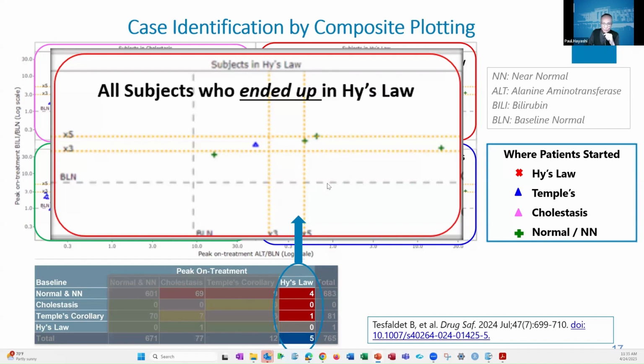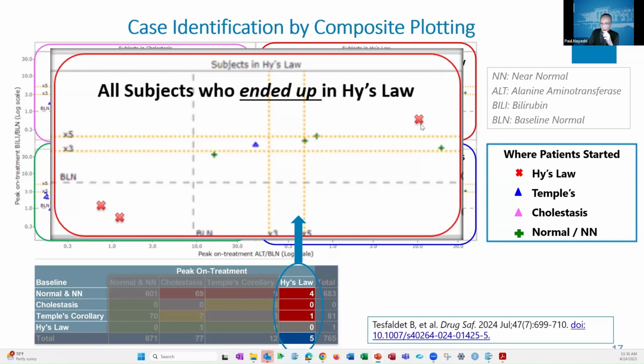So there they are. If there were like 20 of these, then I would move from right to left, because these guys are up here or downward this way. These guys up here will be moving their baseline more than anybody down here. And in fact, remember I said that had there been patients that started in Hy's Law and ended in Hy's Law, I hypothetically gave you these. I would barely look at these, right? Because actually they improved. They're less than their baseline values.